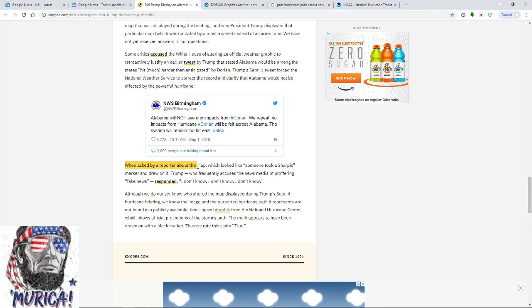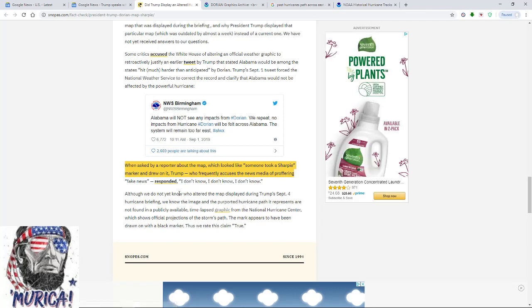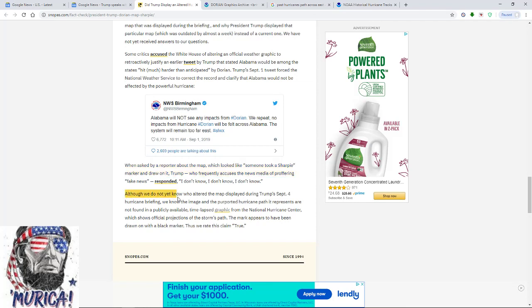When asked by a reporter about the map, which looked like someone took a Sharpie marker and drew on it, Trump, who frequently accuses news of proffering fake news, responded, I don't know. It was a tiny little thing drawn on it. If they had shaded all of the US north of that, it would have been just, hey, it could rain here after this hurricane hits. Hurricanes don't stop. They continue to move as a storm front. Although we don't yet know who altered the map